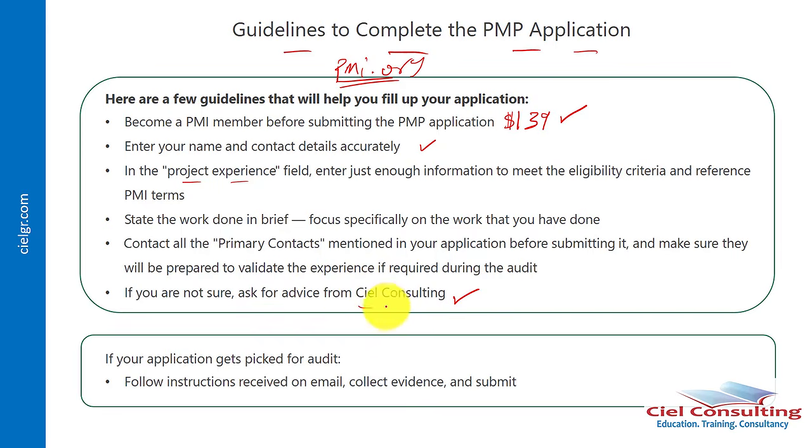So please, if you have any challenge or issue with regards to the application, you can simply send us a mail at support@clgr.com. And don't forget, we'll be sure to help you out, especially with advice on how to successfully complete your